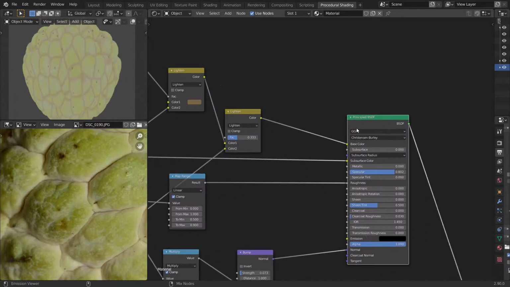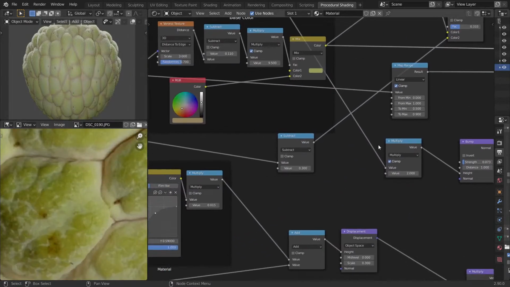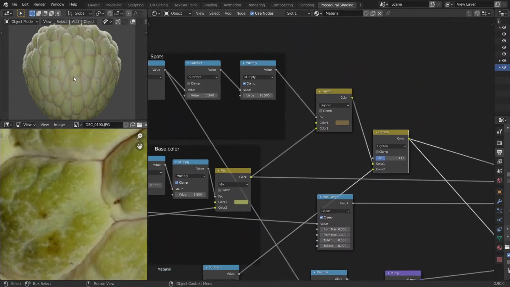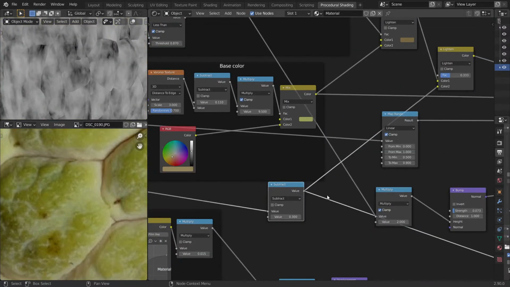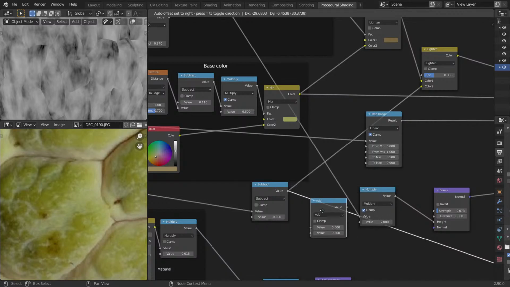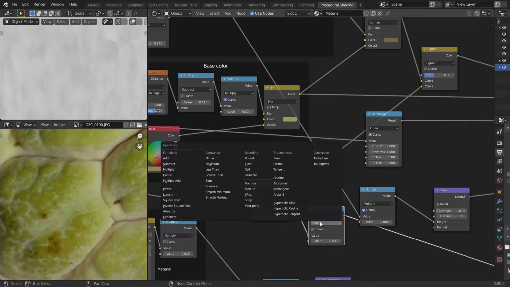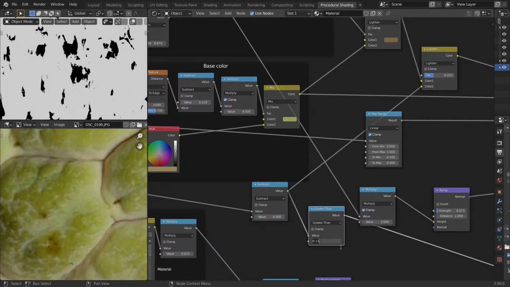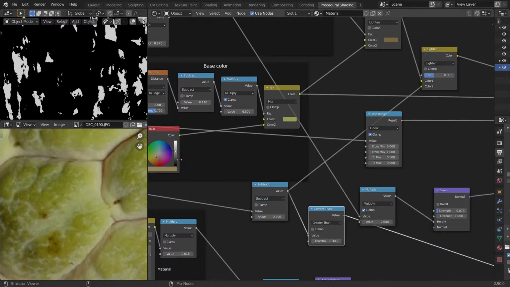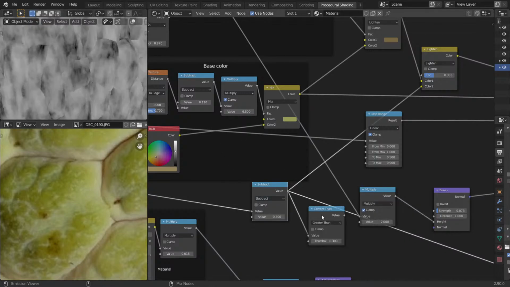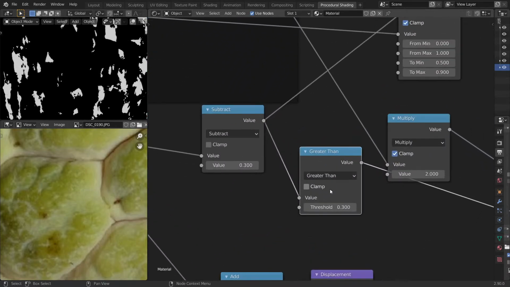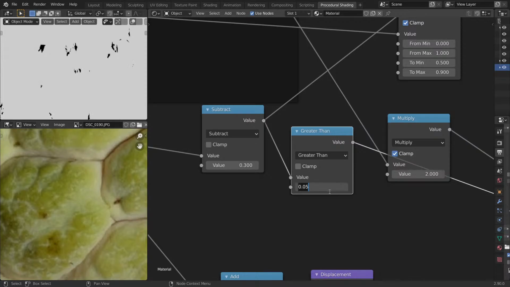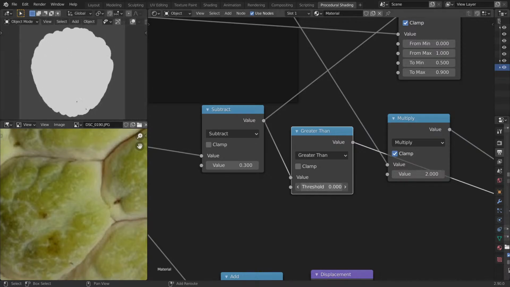Let's use this. And these white locations are very rough, so I think I'll mask that out. Is it actually giving us anything? Math node, is greater than. Let's say 0.3, which is basically these locations from this one. Not really what's actually happening. So greater than 0, but then let's give it a little bit of